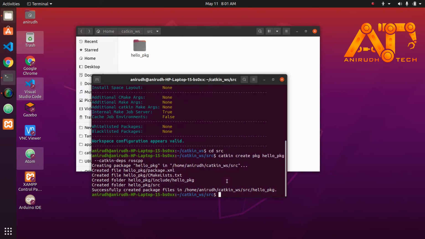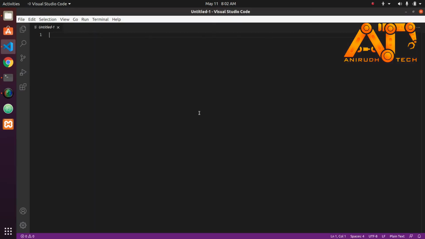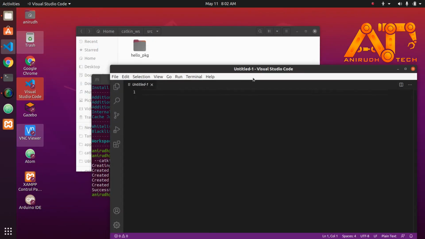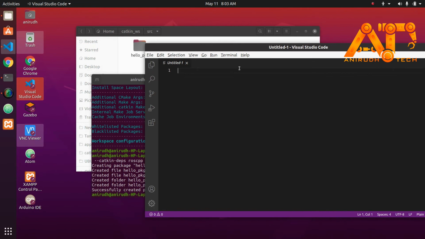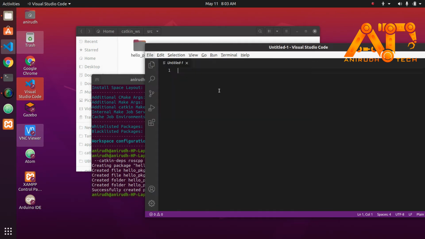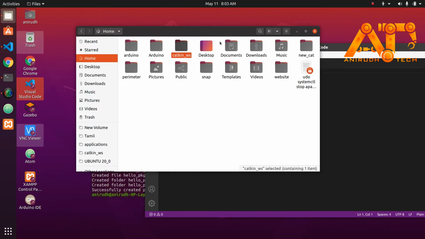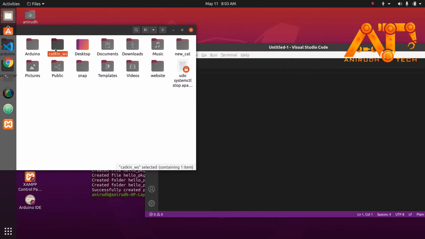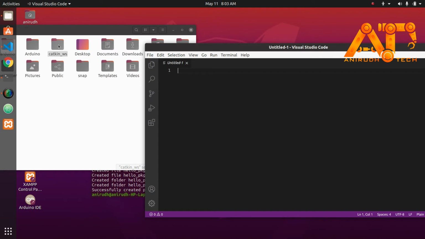Now go back. Now we are going to open our workspace in our IDE. You can use any IDE. Here I am using Visual Studio Code, but you can use other IDEs like Sublime or Eclipse, no issues. For me, Visual Studio Code is so handy. For opening the folder, you can go to File, Open Folder, or you can just go to our folder and, since I am importing the whole folder, drag and drop.